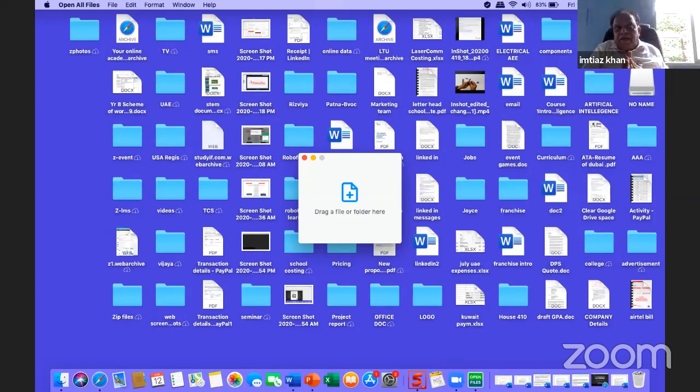Then we come to the second part, where each component has to be built by particular persons. The design of the brick has to be made by a mechanical engineer. The internal electronic devices have to be made by an electronic engineer. The computing part, and how the coordination takes place, has to be done by a computer engineer. And then the electrical engineer will supply the different power requirements for the different components involved. So this is how the process goes.